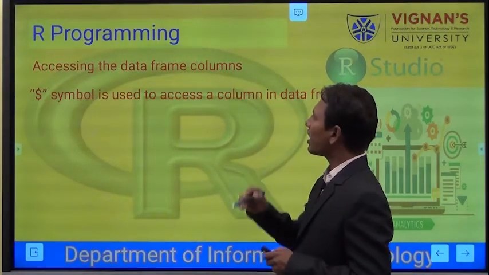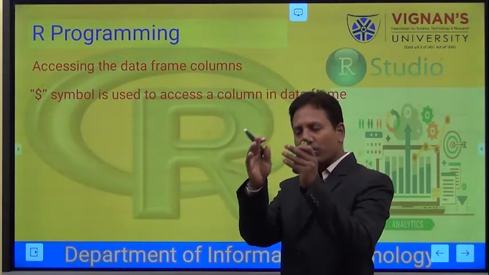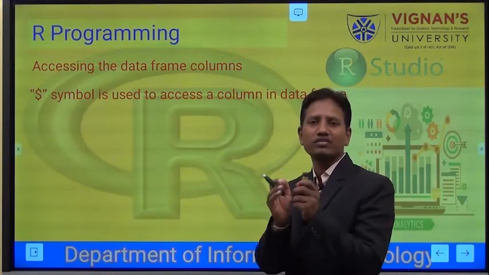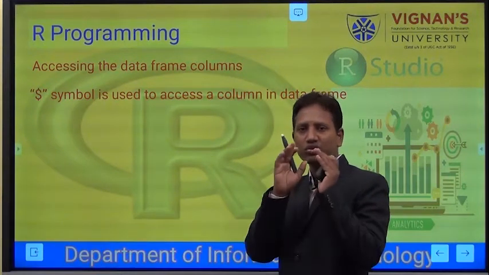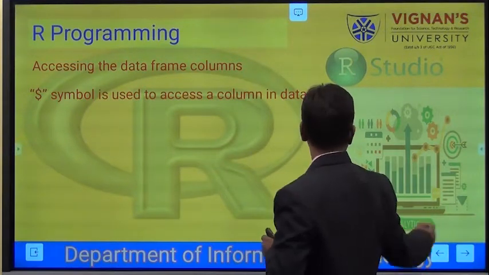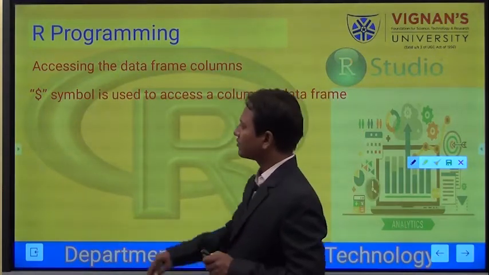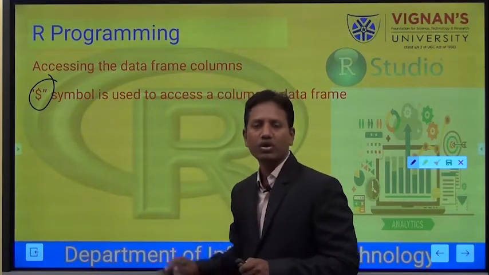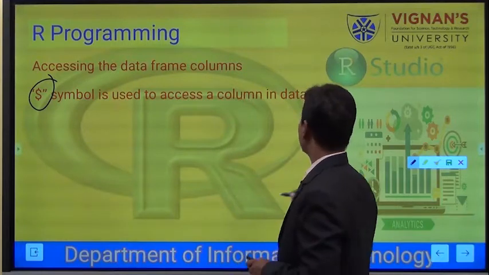Now, how do we access the data frame columns? I wanted to get only single column data to analyze. For example, I have a marks column and I wanted to analyze the marks of all students. I wanted to access only the single column, marks. How can we do this? Here we have a special symbol called the dollar. This is an interesting and important thing, the dollar symbol. By using this dollar we are able to get the column.